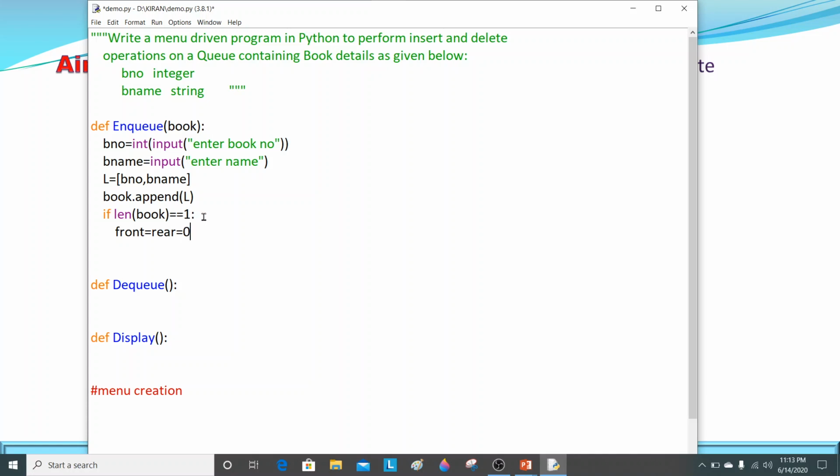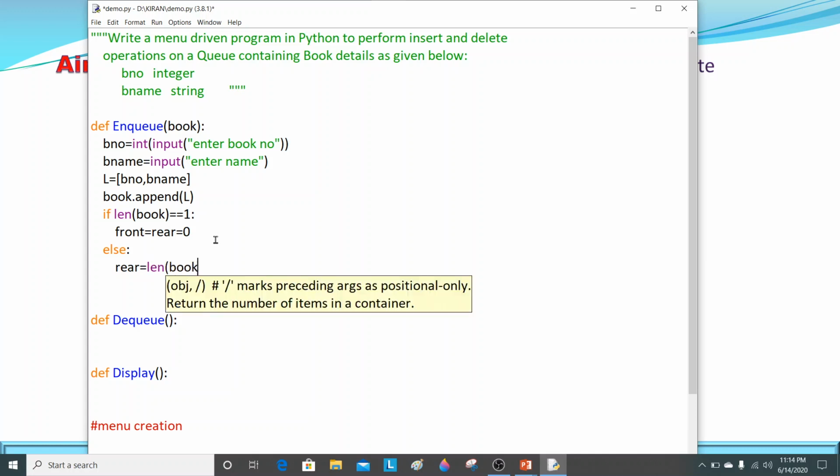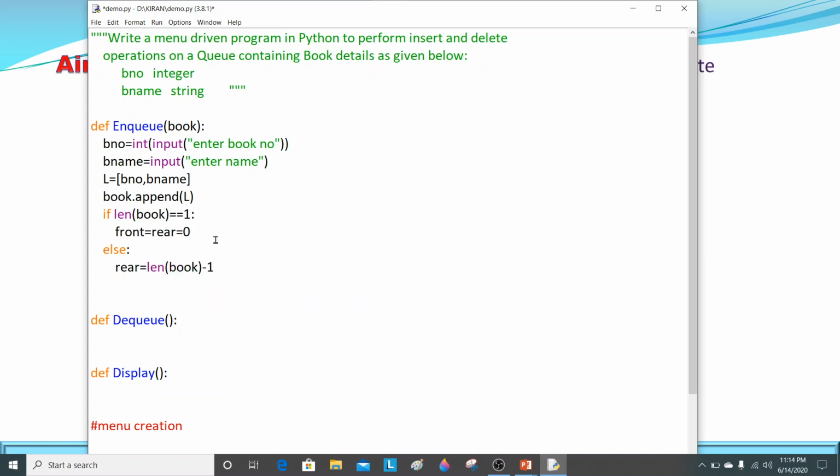If it is the first element, front and rear will be 0. Else, meaning it is not the first element, then the rear position will be equal to len of book minus 1. The front will remain 0 and the rear value will be len of book minus 1. So this is the function definition of enqueue.